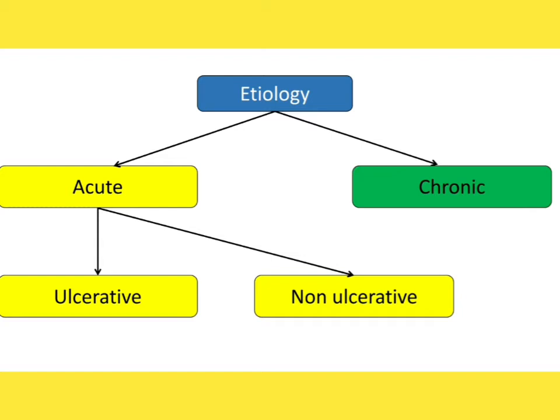And acute is ulcerative and non-ulcerative. Ulcerative is mainly due to infection from those microorganisms like staphylococcus, herpes simplex, etc. So due to those infections, if blepharitis is happening, then it is called ulcerative. And non-ulcerative is actually due to allergic reactions such as atopic or seasonal allergic reaction, and due to those allergic reactions, if blepharitis is seen, then it is called